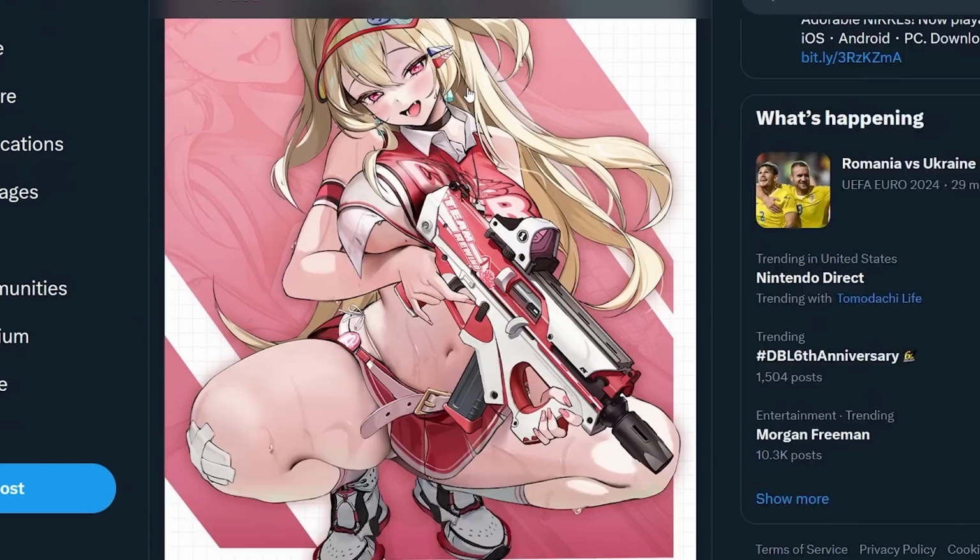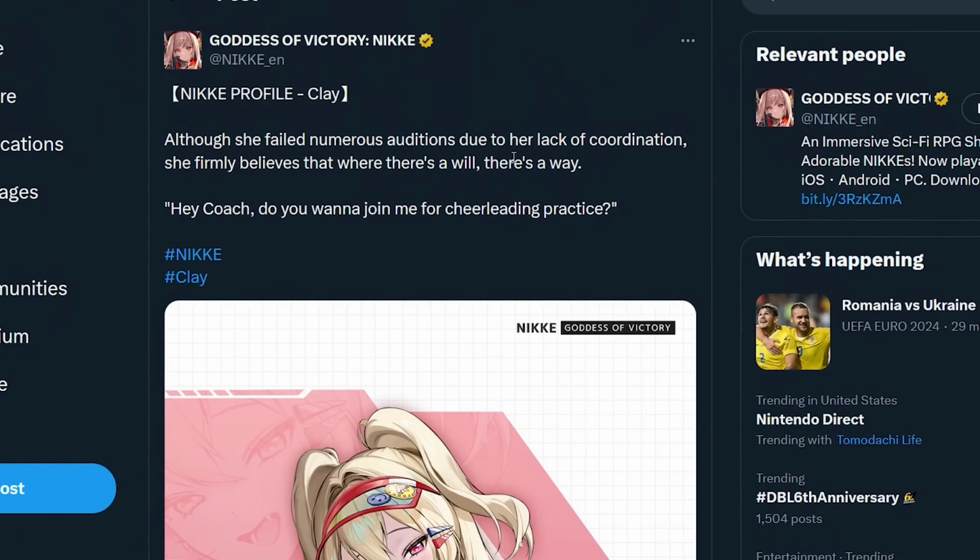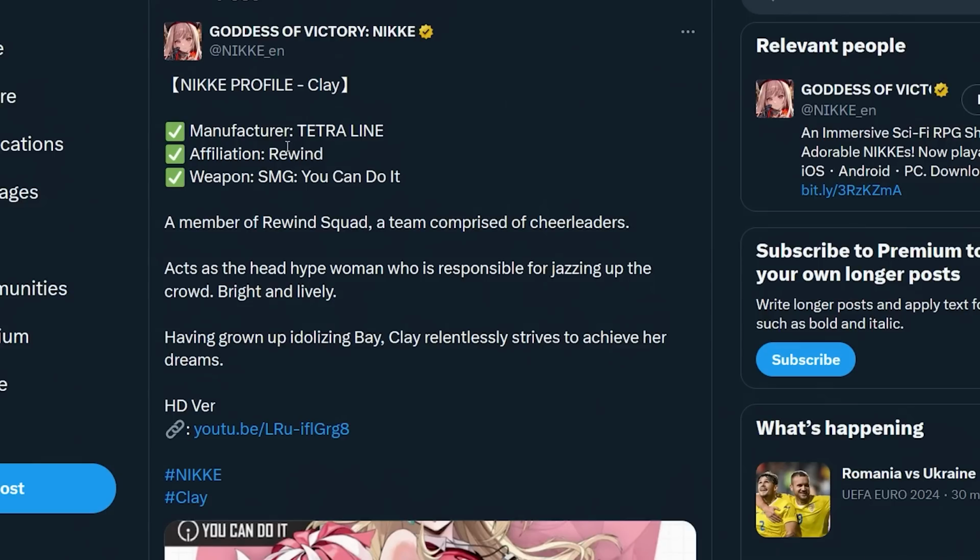So for the most part, character-wise, there's that skill kit. We'll have to see how they handle the skill kit, but we'll talk about that in a second. Over here, we have the Nikke profile video. This is manufacturer Tetra line, obviously Tetra. We're getting a little close to a Tetra problem. We've already been there for years, but we're at a little crossroads where they got to decide,